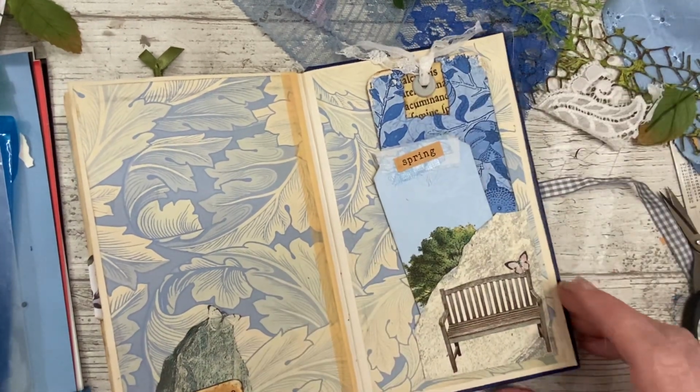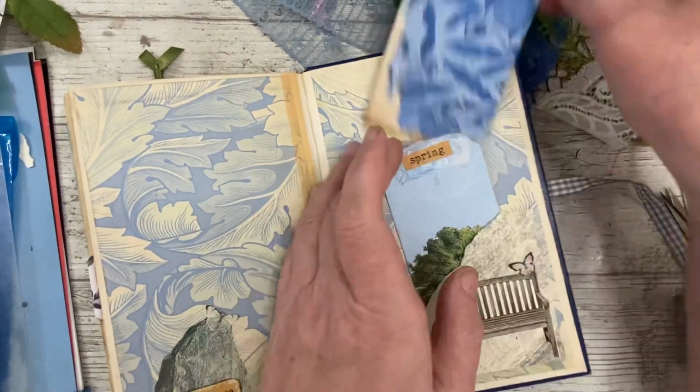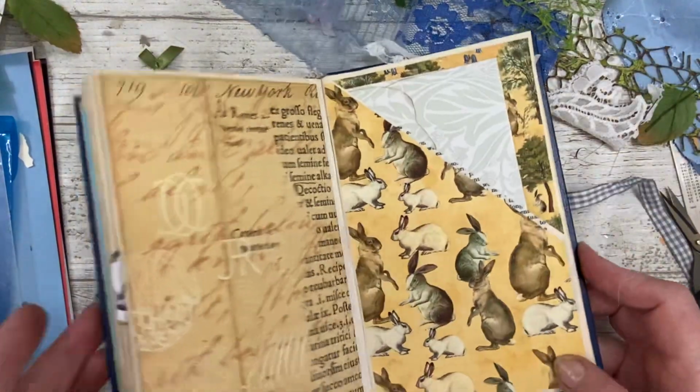Yeah, spring. Did we want something on that? Oh, we put something on that. Look, beautiful bunny. Oh, so we've got a bunny and a butterfly. Okay, I don't know why I morphed to the back, but I did. This